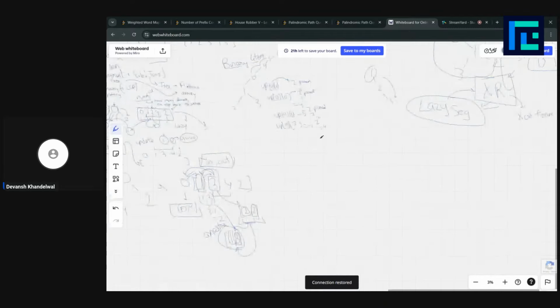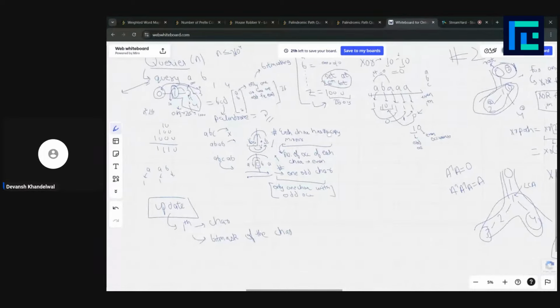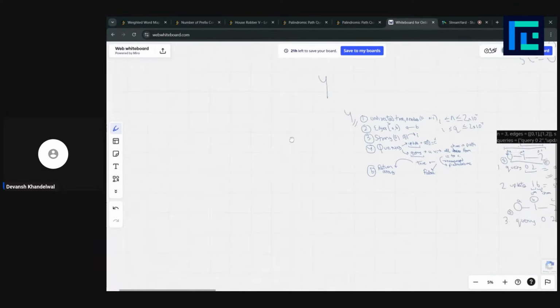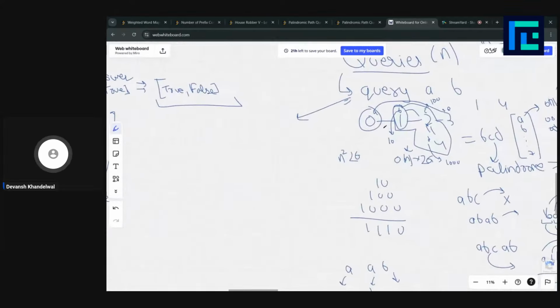Lazy segment tree plus Euler tour plus binary lifting to calculate the LCA, right?